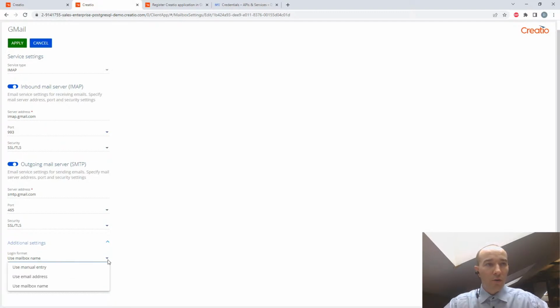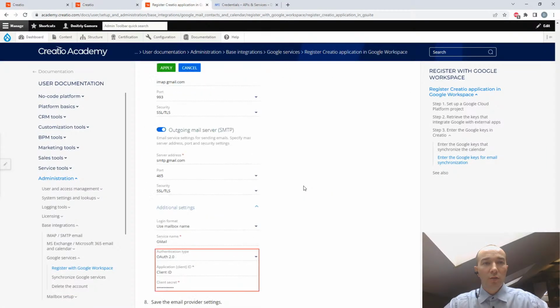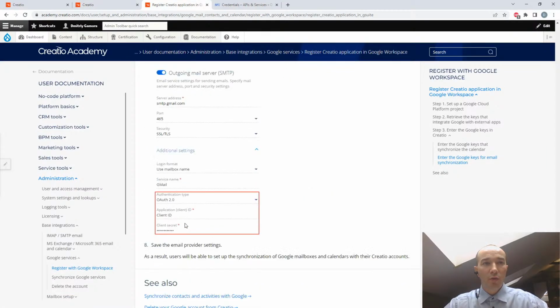So login format, mailbox name. Okay, what would it be? Maybe use email address will be better. The name is Gmail, and the authentication type we have to check and switch to OAuth. So here we have these important settings. Type should be OAuth version 2,